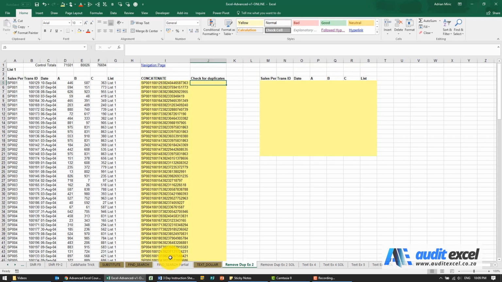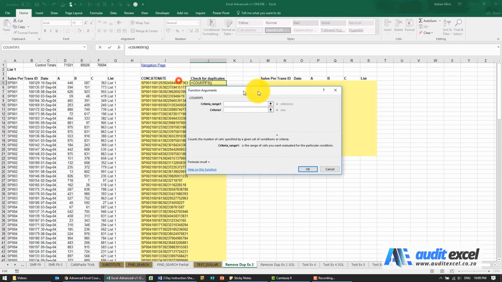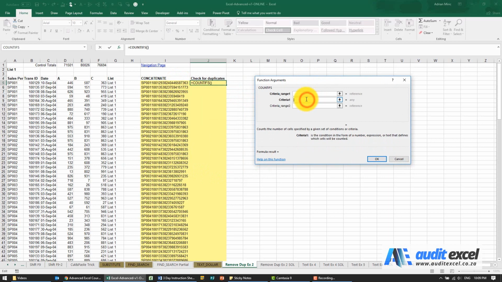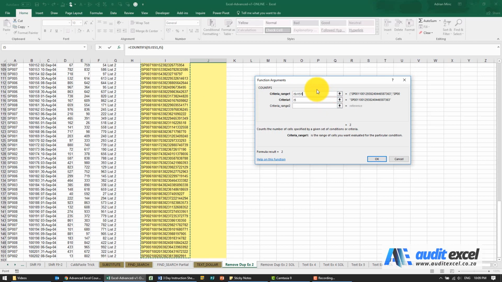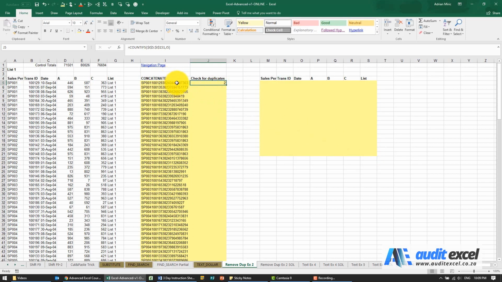So in that case, we're going to use our COUNTIFS. We could use COUNTIF, but I'm going to use COUNTIFS. And all I've got to say is what's the criteria. So I'm going to go there first and say that's the criteria. And where's the range? I'm going to highlight the entire range and put it in dollar signs. When I say OK, it tells me 2. So it means that it's seen this twice. I can double click, and what you'll see is I've got lots of 2s and then I've got some 1s.